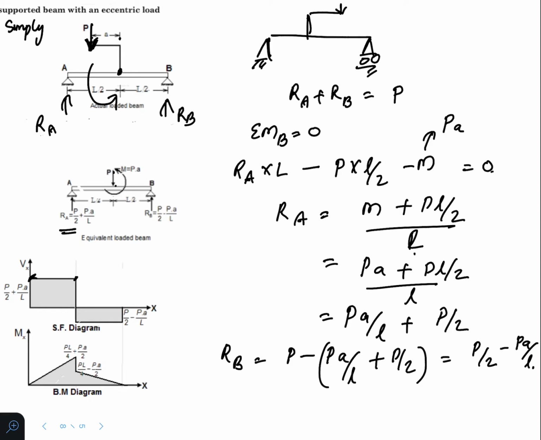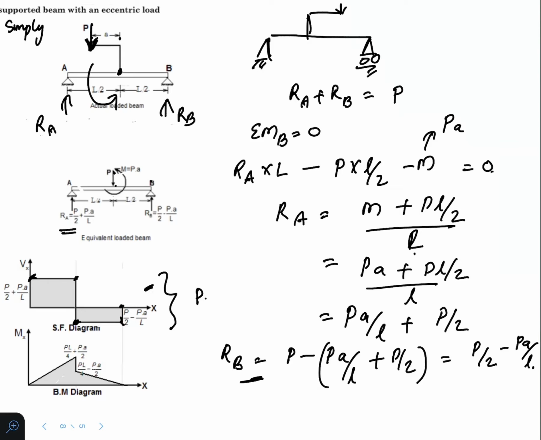So till here there is no change, and at this point we will have a load P acting downward. Because of that P, this total value will be now P. Okay, so we reach this point, and from here till here there is no change. Then at this point, this load is pushing, Rb is pushing it up. So we have the value till here, P by 2 minus Pa by L, which is the value of Rb. So that is the shear force diagram.